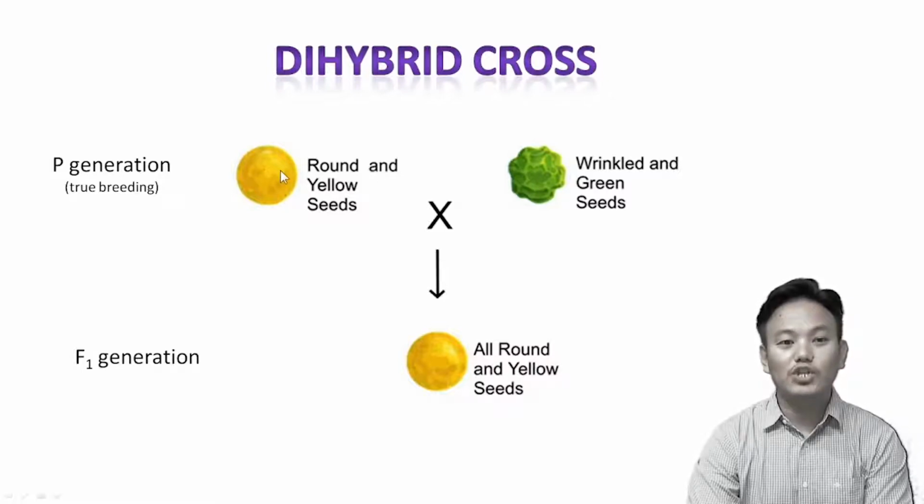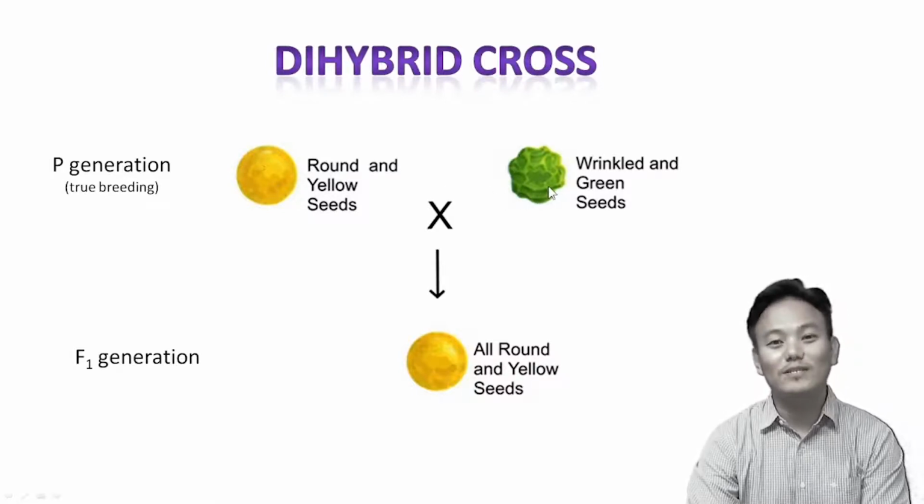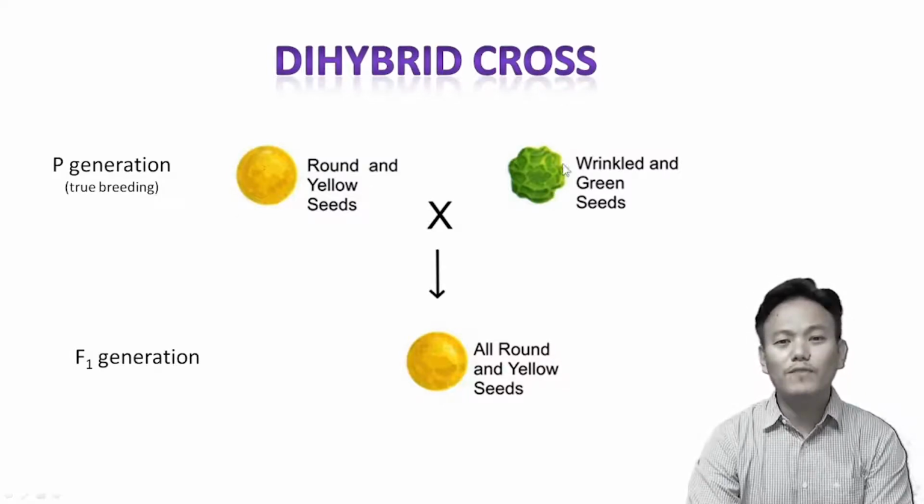In the chart given in your textbook regarding the characters which Mendel chose to observe in the pea plants, we know that the round seed shape is dominant over the wrinkled seed shape, and the yellow seed color is dominant over the green seed color. So over here we have two parents which differ in two characters. One parent produces round yellow seeds and the other parent produces wrinkled green seeds. Both of these parents are true breeding. When a cross is made between these two, Mendel observed that all the F1 generation plants were round and